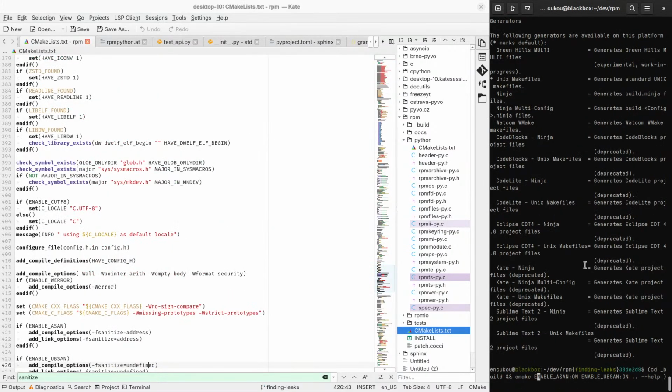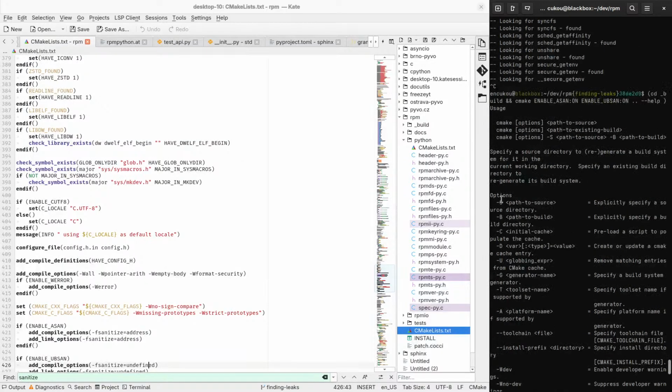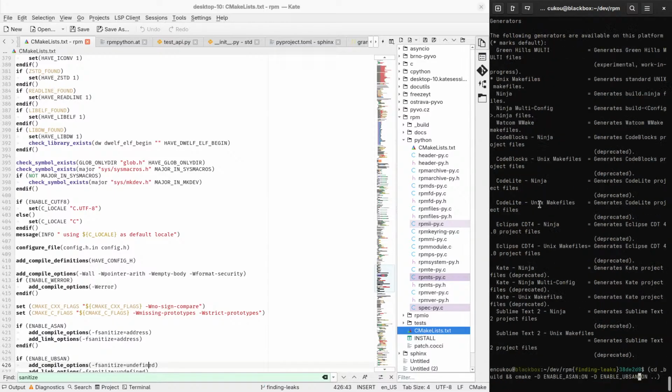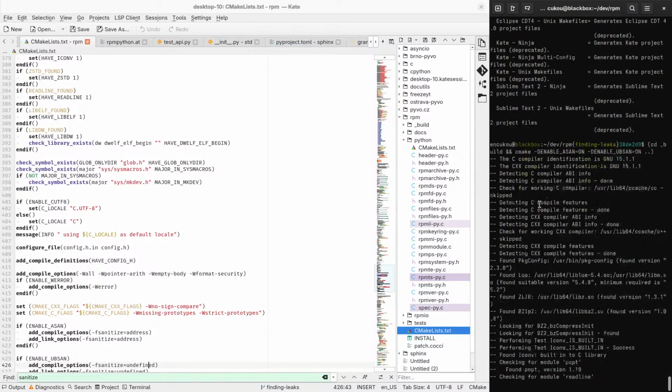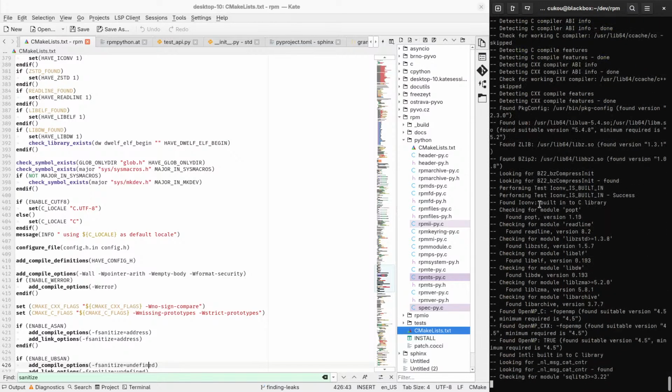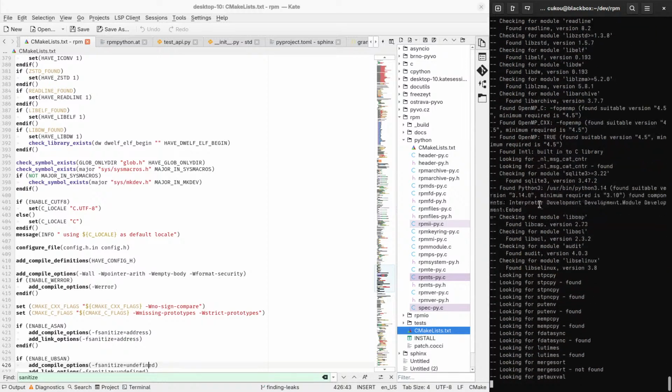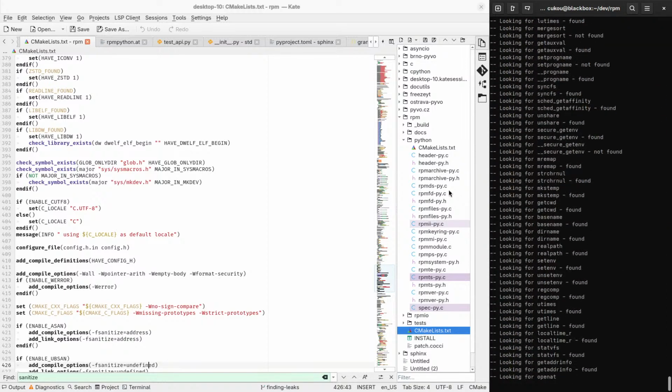We did it for enable the phone. Equals on? I don't know if it can handle a space. We did it without. I don't know if you can enable both sanitizers at once. Probably.